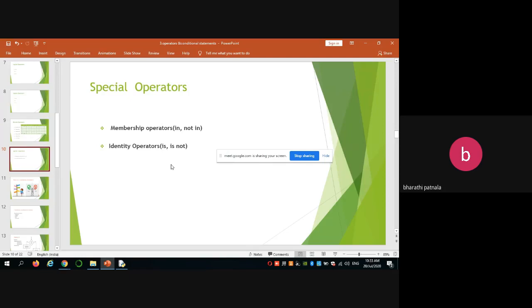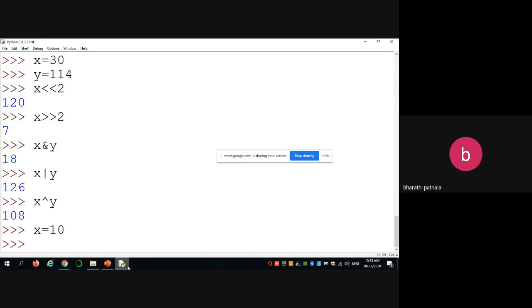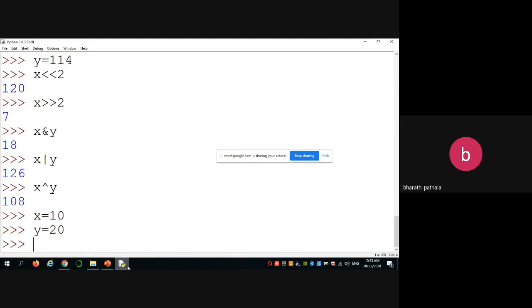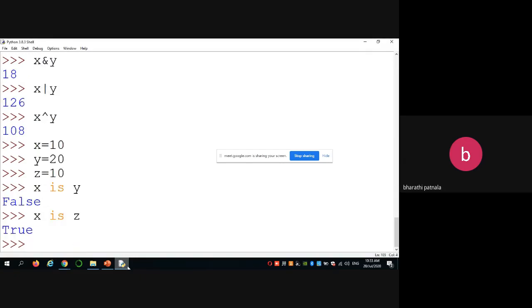So when you are using identity and membership operators, for example, I am taking the x value as 10, y is equal to 20, and again z is equal to 10. Now you can check x is y. That means both x and y are same? No. Suppose x is z, yes, true, both are same.